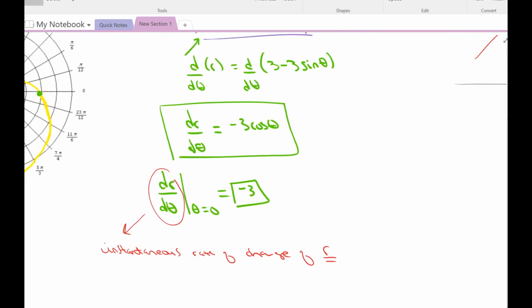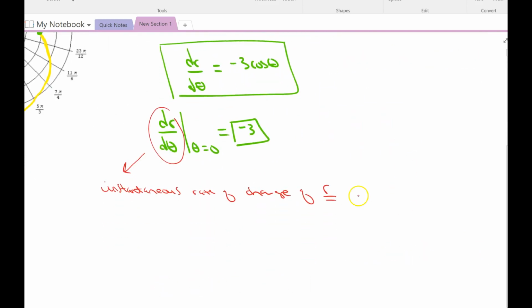And the instantaneous rate of change of r really is the same thing as the instantaneous rate of change of r, or the distance to the origin, as a function